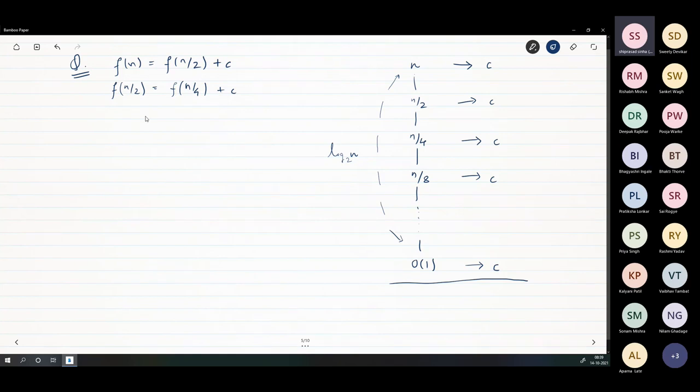Add these two, and you will get f of n plus f of n by 2 is equal to f of n by 2 plus f of n by 4 plus 2c. But f of n by 2 cancels. Therefore